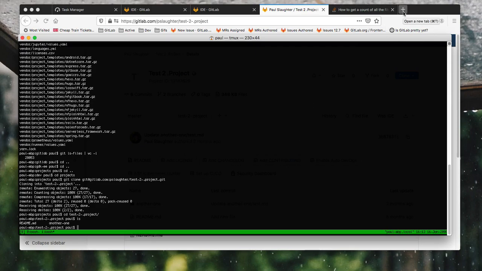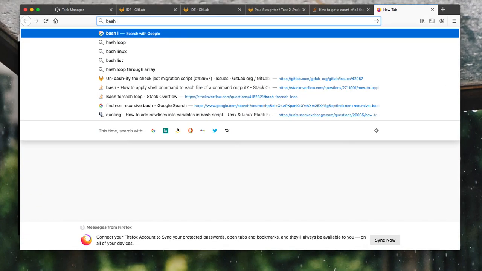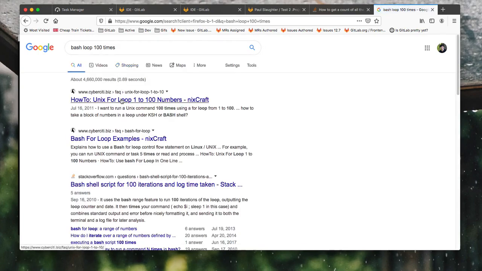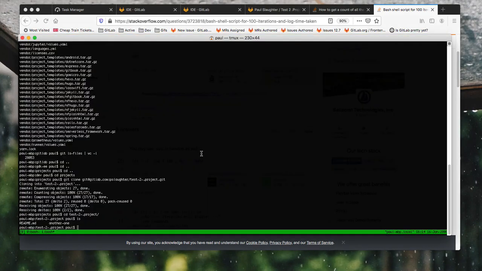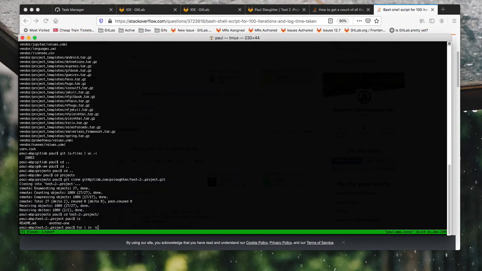I'm going to do a loop of 100 files. So how do I do a bash loop 100 times? How does a Unix for loop from 1 to 100 work? That looks right. Oh, I'm going to go to Stack Overflow though. For i in sequence, okay. For i in seq 1 to 100,